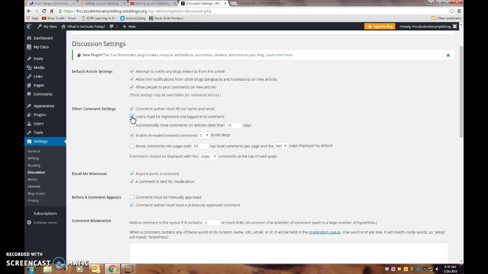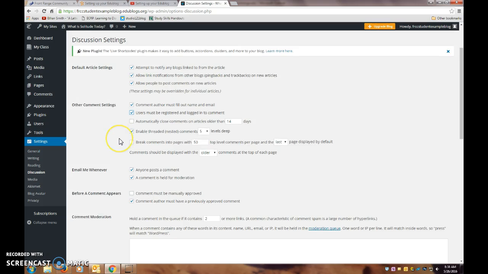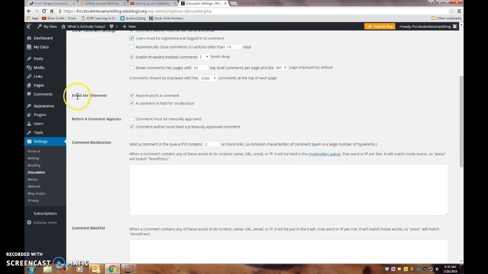The other thing that you want is to email me whenever anyone posts a comment, because you want to keep track of when people are commenting on your blog and then respond to them, read them, engage in a conversation with them. What you do not want to do is have this box here checked. It says before a comment appears, comment must be approved manually. You actually do not want to have that box checked,